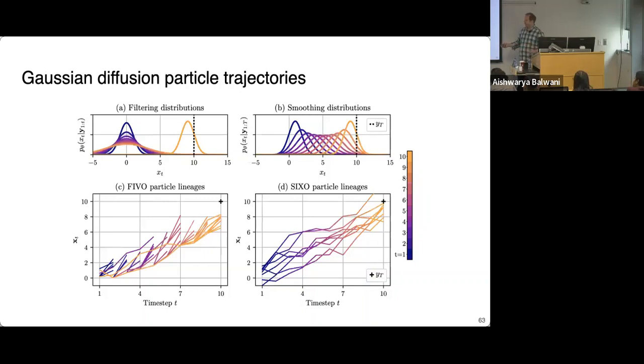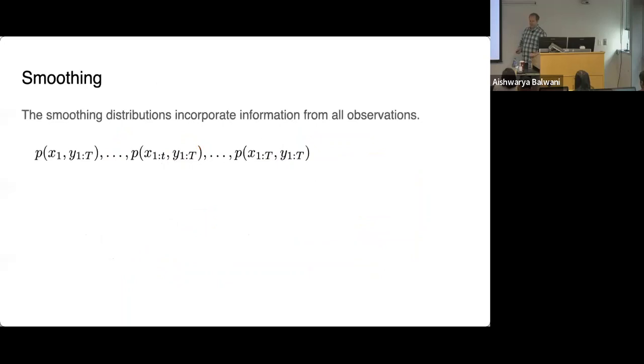So, the trajectories I showed you before were exactly the trajectories from SMC with these filtering distributions. If you use this smoothing method called 6O, you'll find that the particles you get at the end are really capturing uncertainty throughout the whole trajectory, as opposed to just at the very late time steps here. So, let me just unpack that a little bit more and show you how this works.